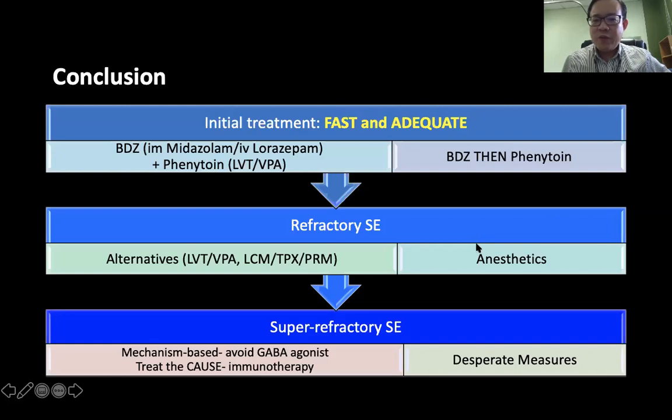What would you do if the patient comes to the emergency ward with convulsive status after 1 hour or more? Which drug should we give? We should treat them as new, fresh convulsive patients. Use benzodiazepine first. We will still use first line, followed by second line, although they have already been in status for 1 hour at home.